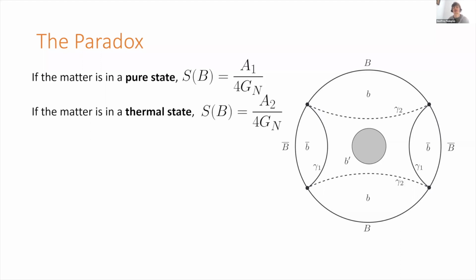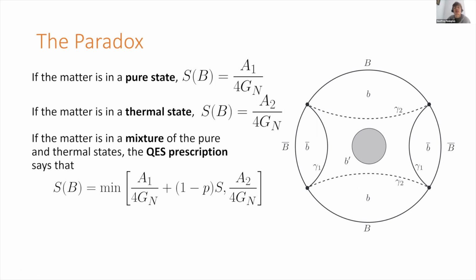Our second state we're going to consider is instead going to be a thermal state. So now we have all this thermal entropy sitting in the middle. By construction, that adds to the generalized entropy of this solid surface, but not to the generalized entropy of this dashed surface because it's outside the entanglement wedge of the dashed surface. And so that means there's a transition, the new quantum extremal surface is the dashed surface, and we find that the entropy is now A2 over 4G Newton. Okay, so far, no problem. This is just the QES prescription giving us sensible answers.